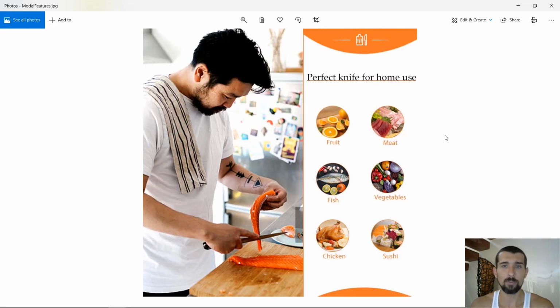So we have pretty much the same kind of picture. Maybe it's even the same brand, I don't remember. But here we have a solo dude who is cutting salmon and also with some features. Here we're speaking to guys that are more solo, maybe bachelors or something. And it's a lifestyle image featuring this kind of guy. Again, girls might buy that, or couples, or even elderly people or younger people, but still, this is going to be the most hit audience by this picture. It's really nice to know your audience, as I've mentioned before.